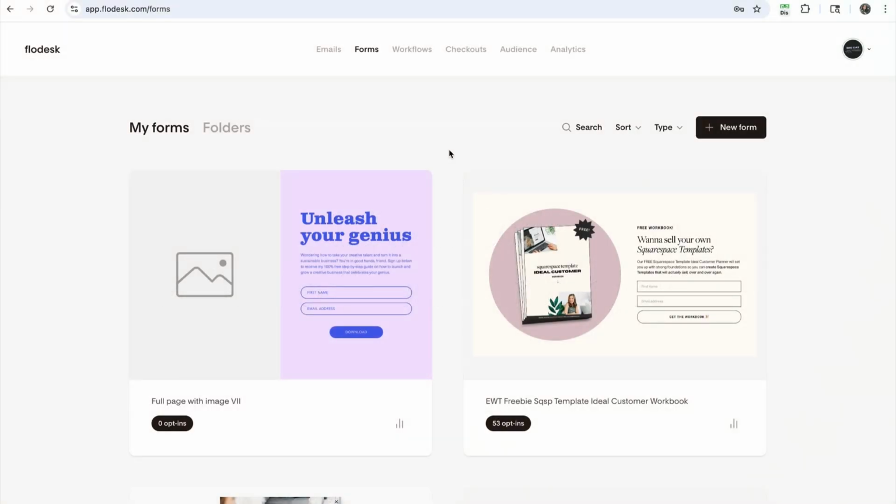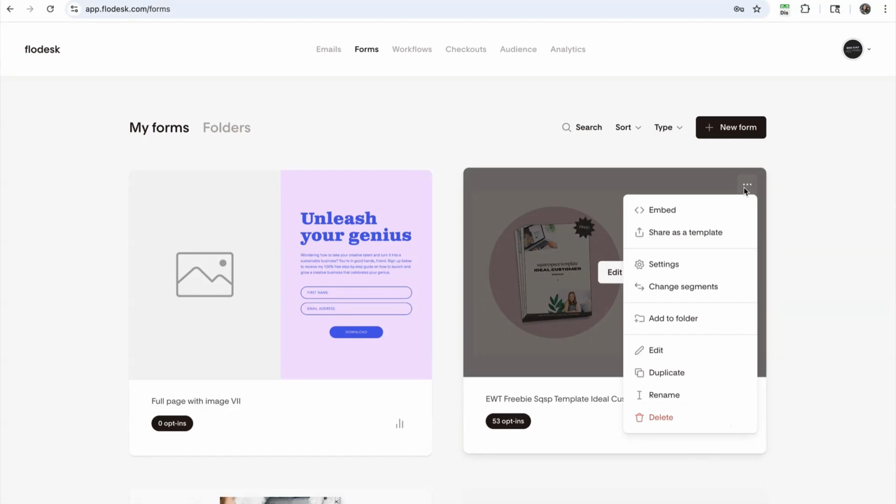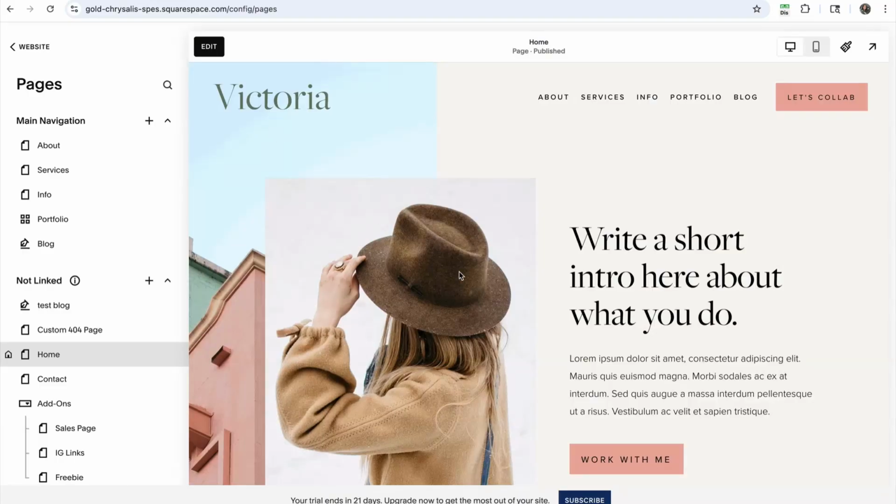The form code is going to be the direct embed code for your sign up form, and you can just add this directly to your Squarespace website by using a code block. So for example, to access the form code in Flodesk, I'm going to hover over this form that I want to embed in my website, click on the 3 dots, and then click embed. And here it's going to give me the code that I need, and the inline code is going to be my main form code. So I'm just going to go ahead and copy this,